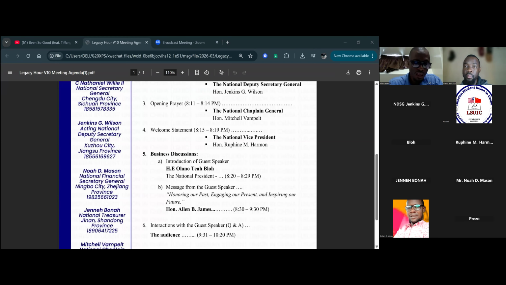We had a good working relationship with all LSUIC stakeholders, like I said initially. LACS, the Liberian Students Scholars Association, at the time we had Clifton as president of LACS here. MOE was one of the key stakeholders that we had a very good working relationship with, based on our lobbyistic and